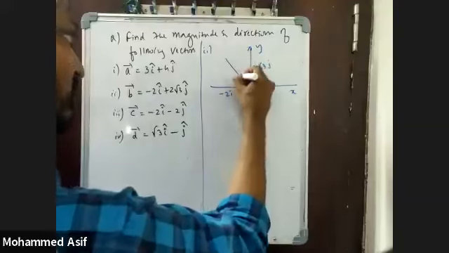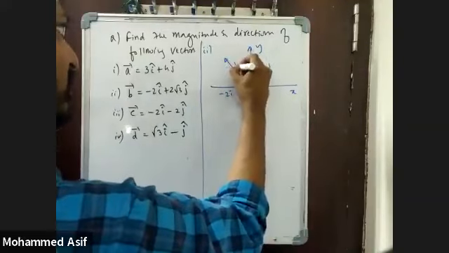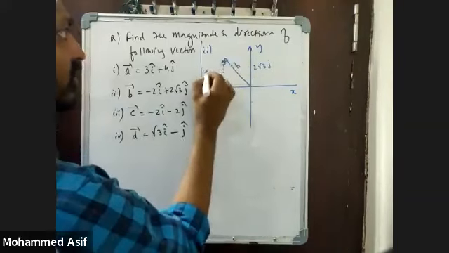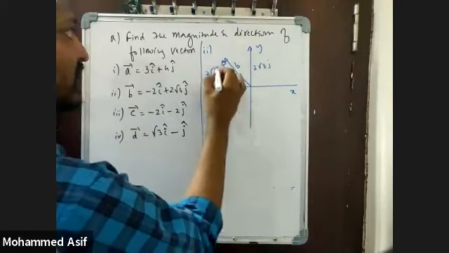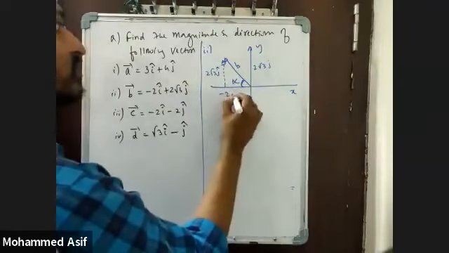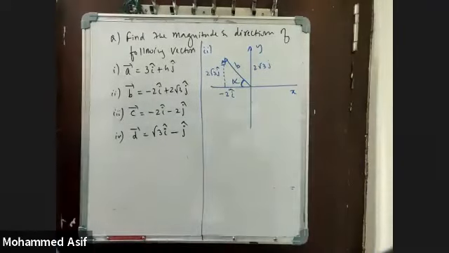That means the resultant will be this one. So this will be the vector b bar. This one will also be 2 root 3 j cap. This one is making an angle of alpha. This is minus 2i cap. Magnitude of this one is given as how much?